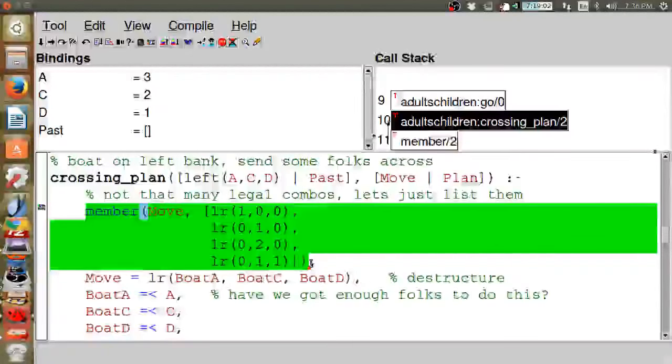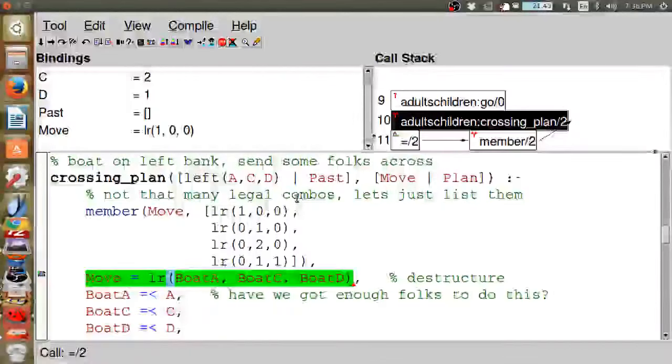This is a library function that's quite frequently used called member. Member successively gives as solutions all the things that are members of a list. So I'm going to step over it, and the first thing it gives me is the first member of the